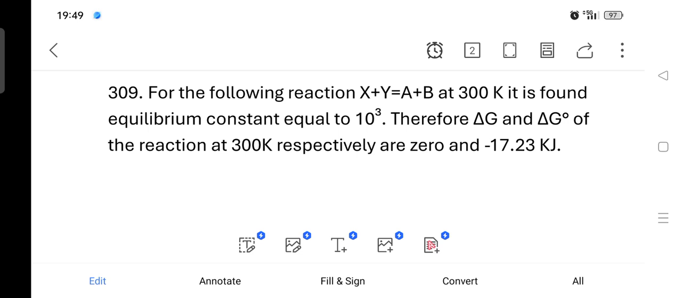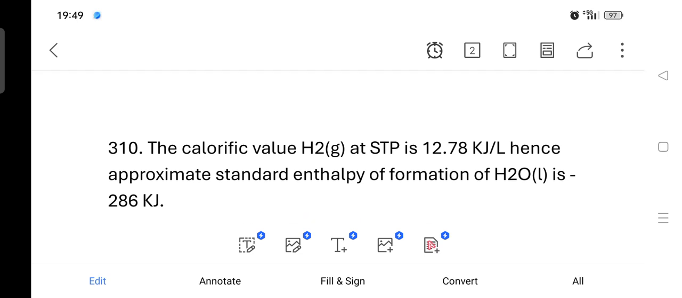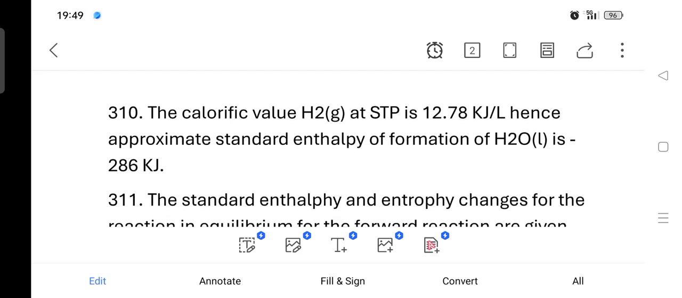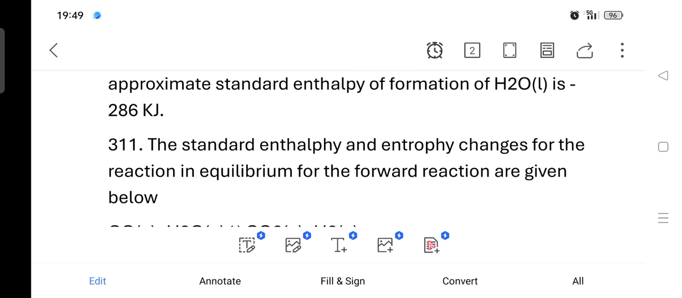the equilibrium constant equal to 10 to the power of 3. Therefore, delta G and delta G degree of the reaction at 300 K respectively are 0 and minus 17.23 kilojoule. The calorific value of H2 gas at STP is 12.78 kJ per L. Hence, the approximate standard enthalpy of formation of H2O liquid is